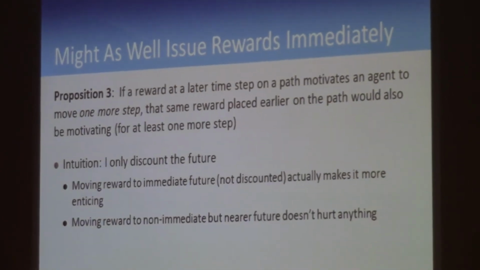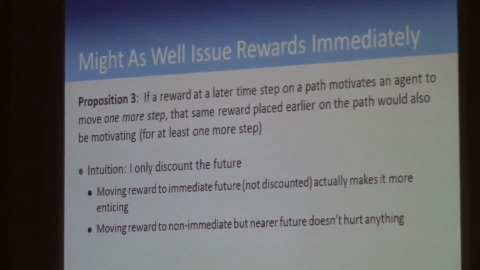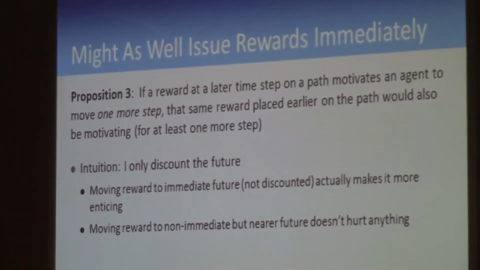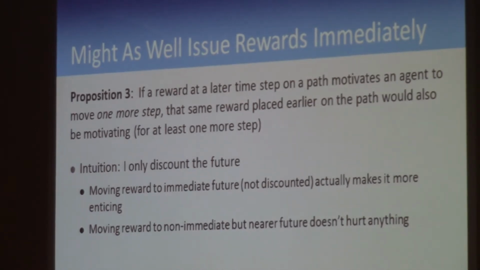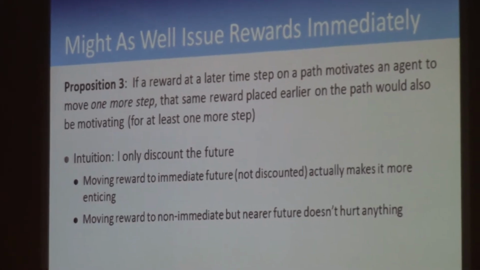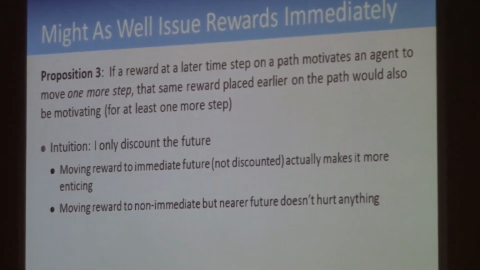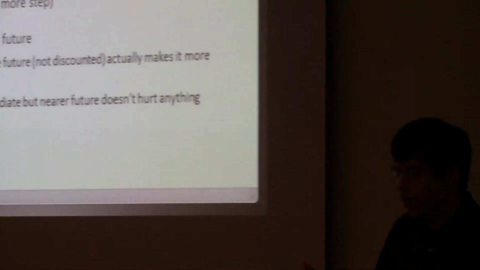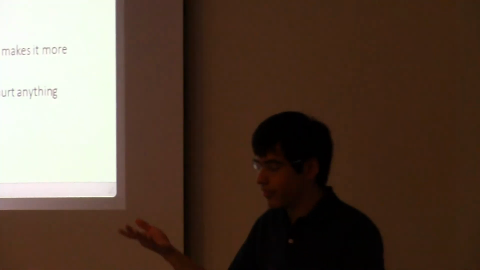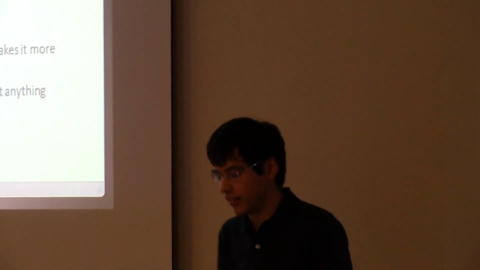Alright, finally, I say that if you are considering the problem of just getting this agent to take one more step, you can do at least as well by moving a reward earlier, closer to the present than further in the future. Of course, this makes a lot of sense, right? Everything in the future is discounted. Moving it further in the future, but still in the future, doesn't change anything. If you move it to the present, guess what? You actually are no longer discounted, so that reward is essentially more powerful in its effect on the agent.